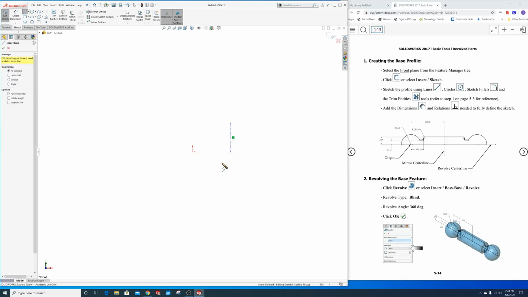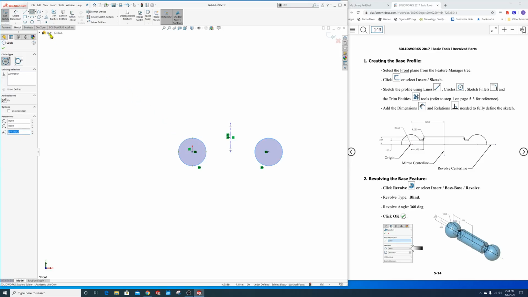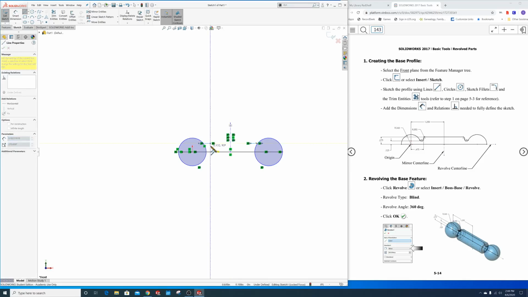And I am going to go to Dynamic Mirror Entities, and it's going to say sketch a plane or select one. So I've done that. So now when I start drawing, I'm going to start with a circle right here, and then I will draw a line there to the center point. So that's done. I'm going to draw another line right here, come down a little bit,